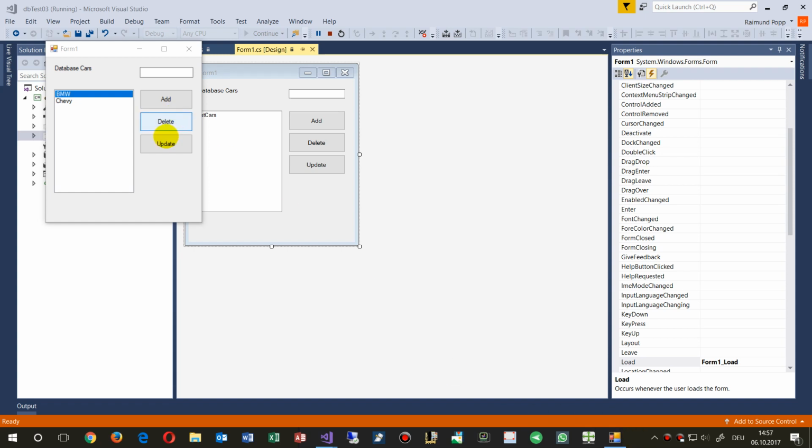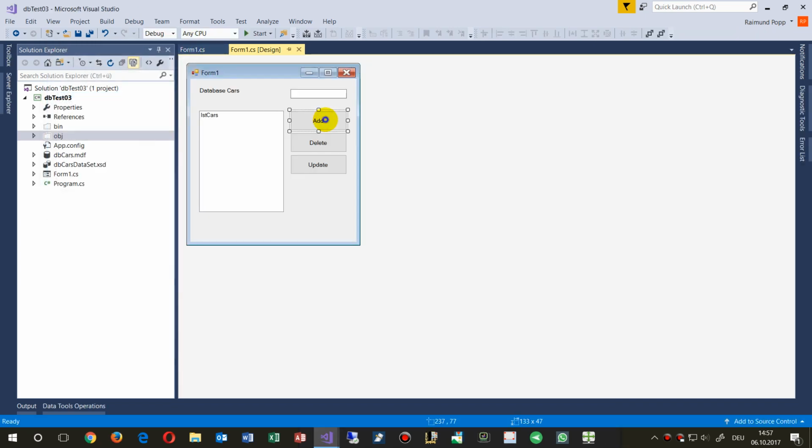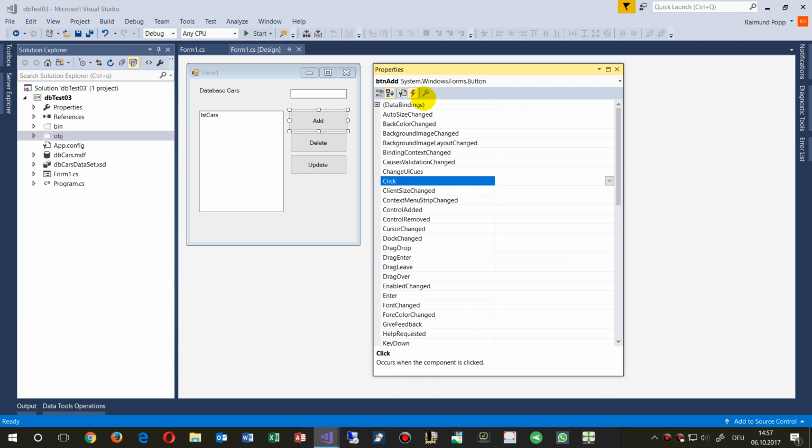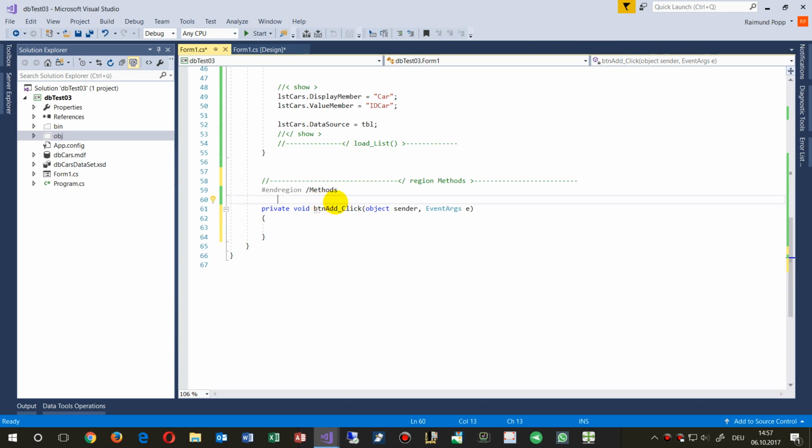Now in the next block we want to add entries from this text box to the database, and the database should be reloaded into the list file. So then we take something in here, and it should be loaded on there. So what we do now is we go to the add button and we say there at the events, double click, and here are our